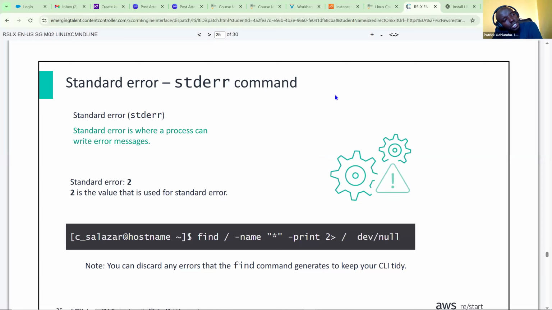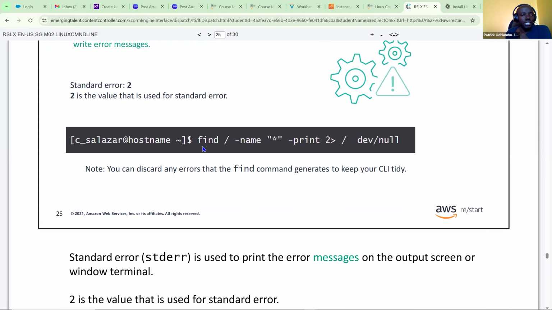is where a process can write error messages. So standard error is normally given number 2. 2 is the value that is used for standard error. So you can see here, find name this X asterisk inside double quotation is normally, in simple English, about all. So find all names and print to that file.